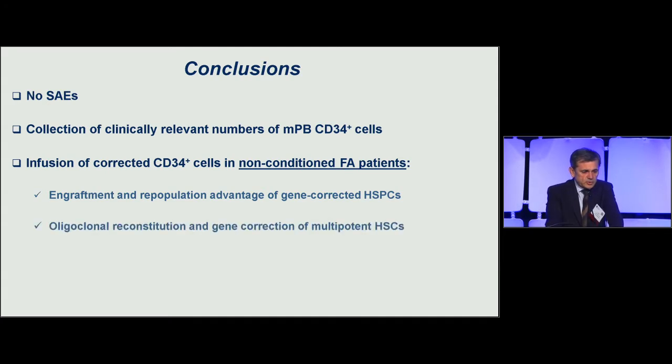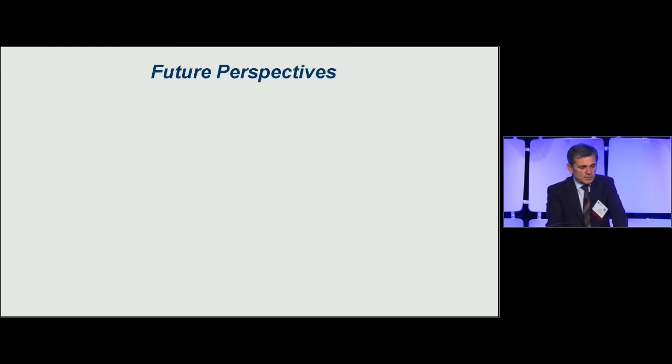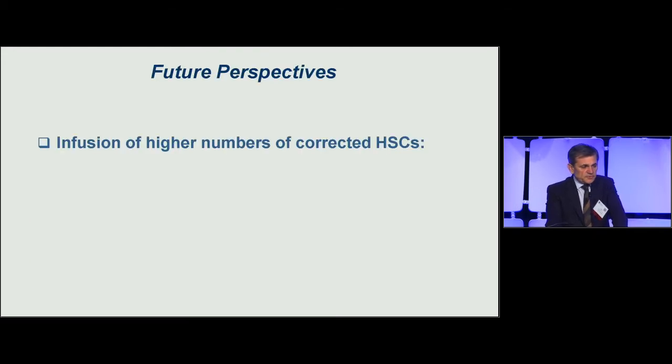We observed oligoclonal reconstitution and gene correction of multipotent stem cells. We demonstrated phenotypic correction of bone marrow progenitors and also in peripheral blood T cells, as well as stabilization of the bone marrow failure. So for the future, the idea would be to infuse higher numbers of corrected stem cells